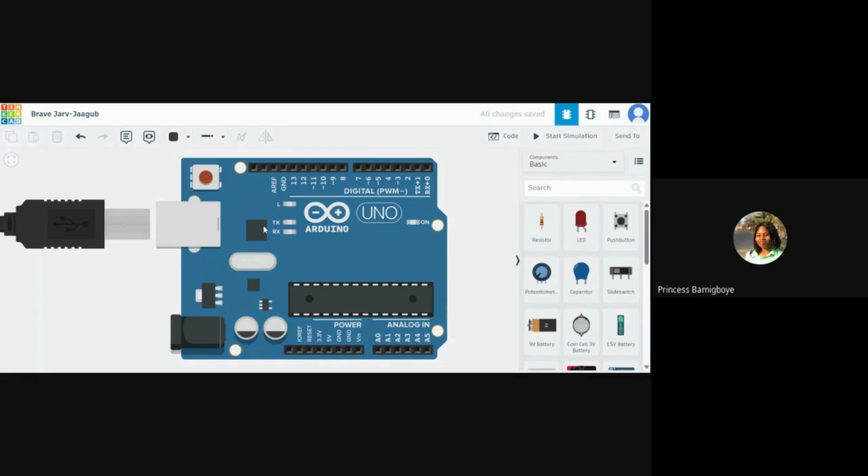So let's discuss different parts of the Arduino Uno, or the Arduino board, because most of them have more or less the same components on them.